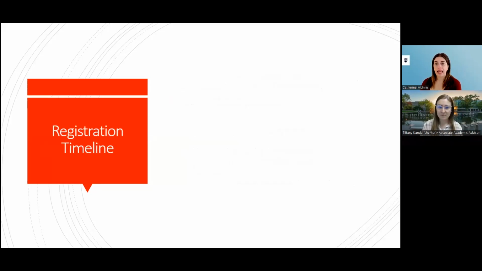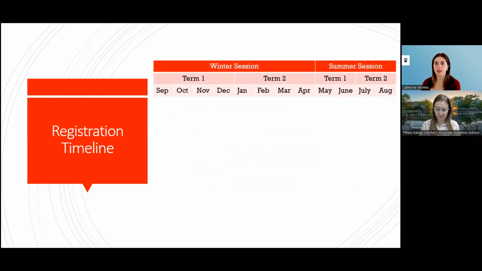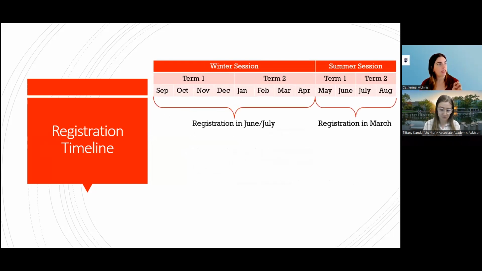Okay, so now we're going to get into the logistics of how to register. So the first thing you need to know is a little bit about how the academic year is structured at UBC. What you see here is a visualization of the year, and you'll see that there are two main sessions that we run, winter session and summer session. Even winter session is divided into two terms, but we're going to register for the full winter session